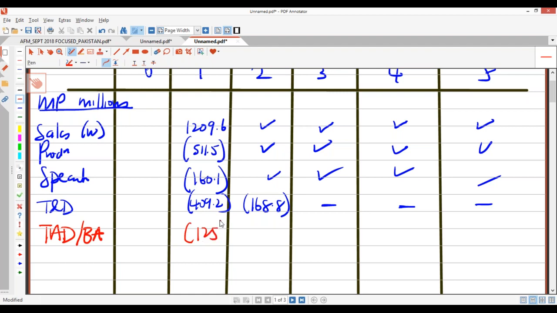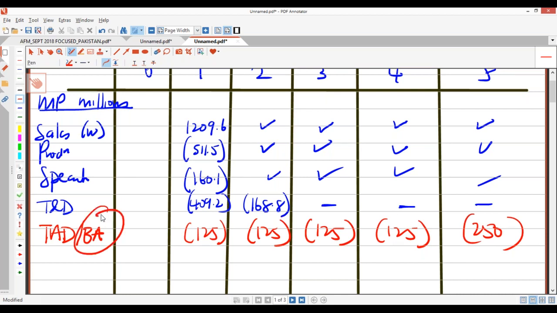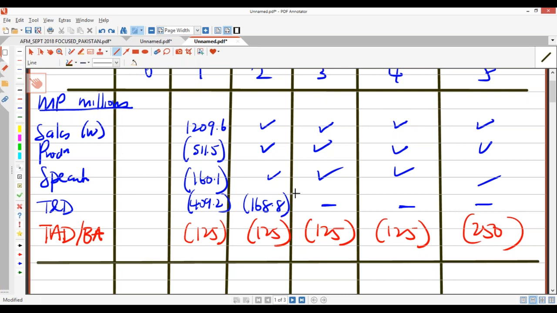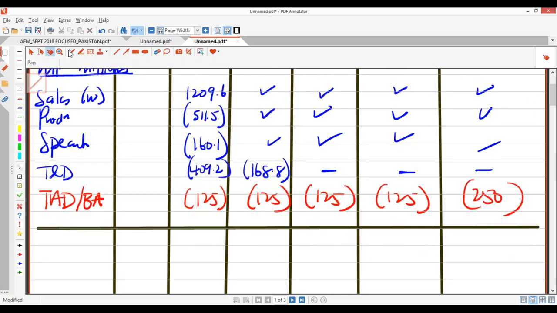So it's going to be 125, 125, 125, 125, and 250. Since I'm going to call this balancing, I'm sharing the line here. You don't have to put BA as a separate column there. You can just share the line. And if you want to argue, I want to calculate TAD, which is 125, go ahead. Inside here got 125, and inside here got BA of 250. Same thing. Next one, you're going to get the total of this. This is the first step, project cash flows before tax.